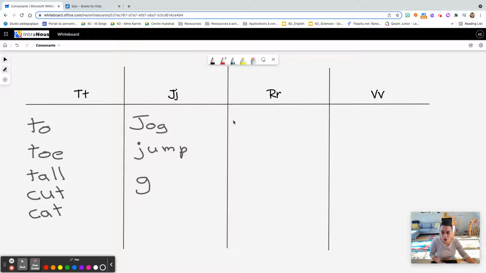R at the beginning of the word makes the r sound. Words like red, rid, like I will get rid of this garbage. At the end of the word, there are several different sounds that the letter R can make. One of them is the sound that we'll find at the end of, well, the month names come to mind. So if we write December,